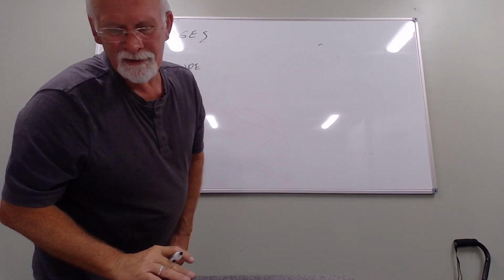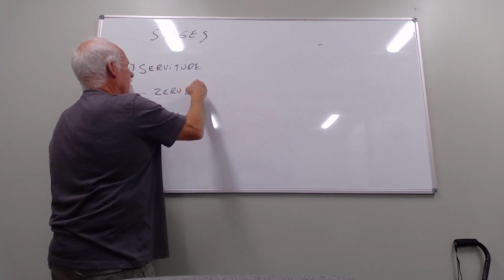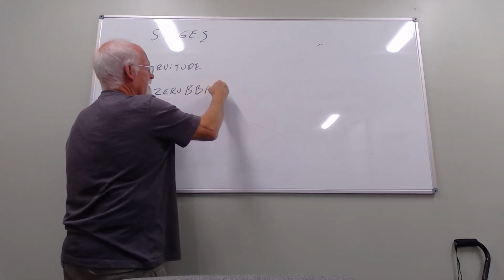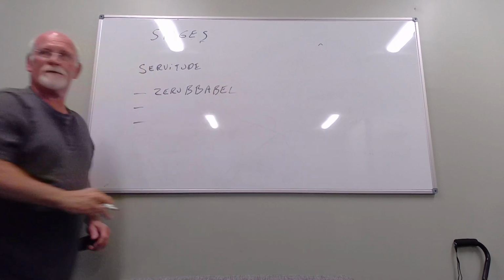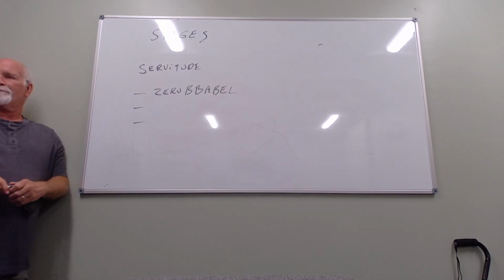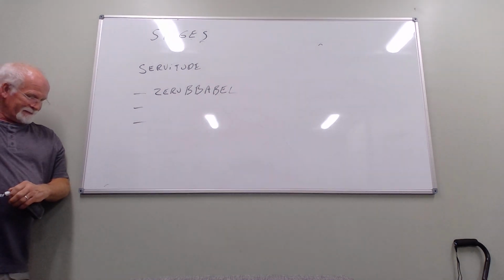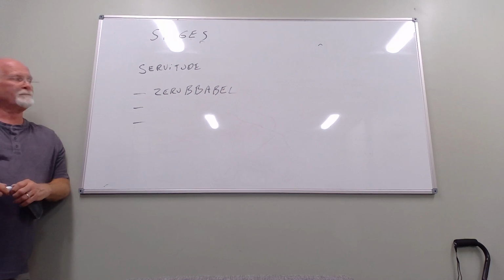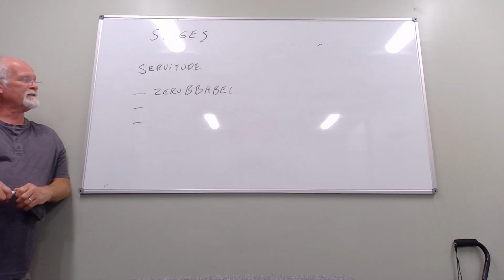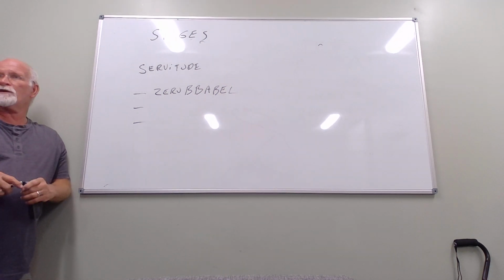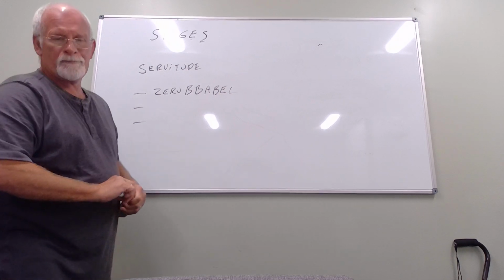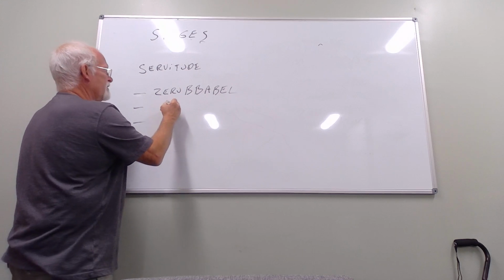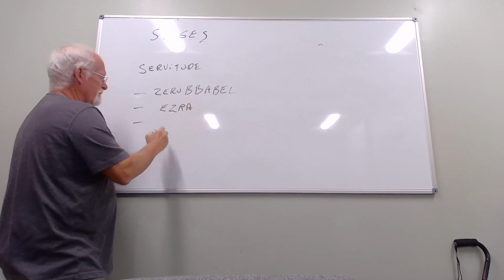Zerubbabel. How's that spelled? Z-E-R-U-B-B-A-B-E-L. Zerubbabel. You ever heard of Zerubbabel before? Wasn't that Daniel's name before they changed it? No. It was very similar to that, though. Zerubbabel was the first one that went back and started working on the temple, and so he's a very, very important person. Ezra is important, and then